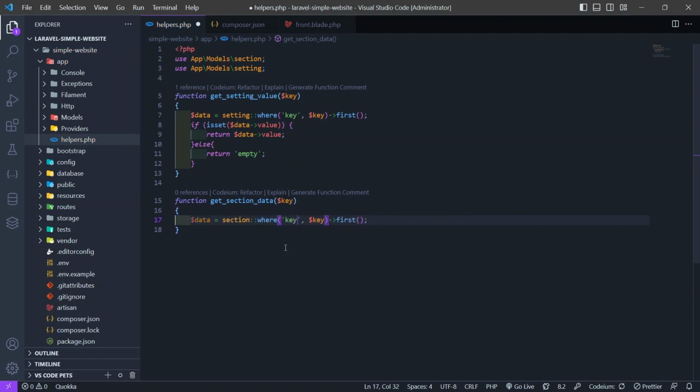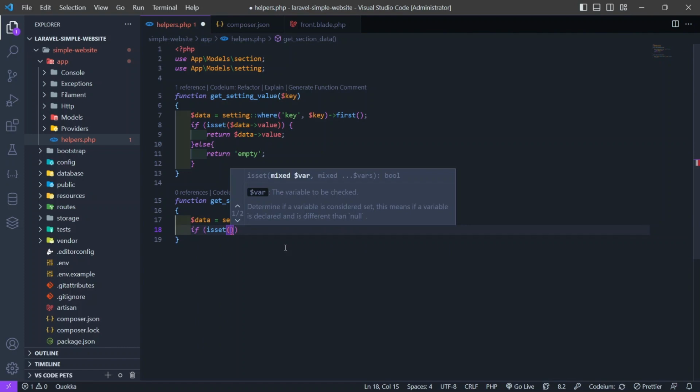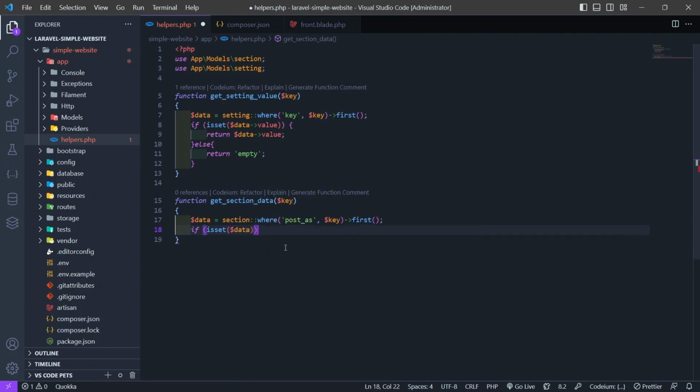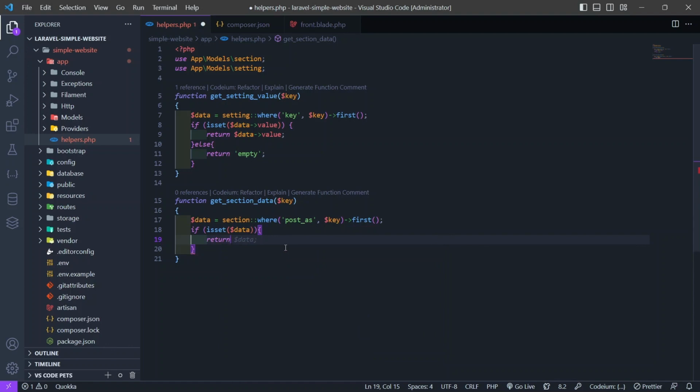So this one is supposed to be post as key first, and then make a conditional if is set data, return dollar data, just like that. Hit save,